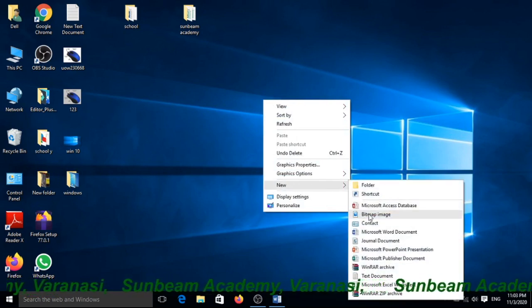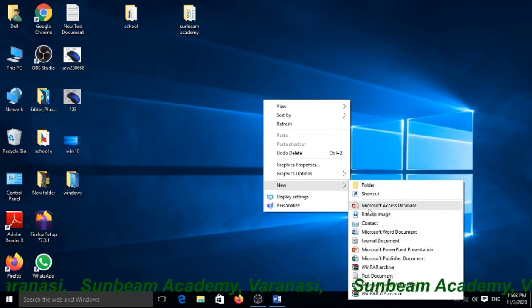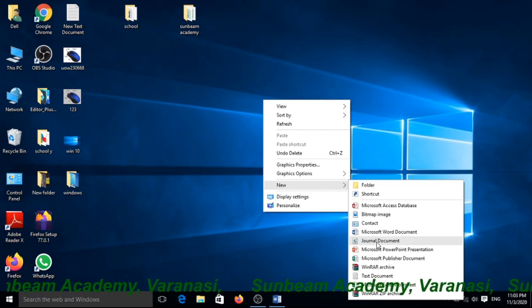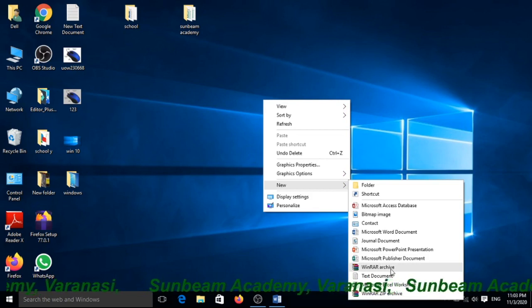and these are the given file names. If you want to create a file with the Access database, BMP images, contacts, Microsoft Word document, general documents, Microsoft PowerPoint presentation, Microsoft Publisher documents, WinRAR archive, text document, and Microsoft Excel worksheet.